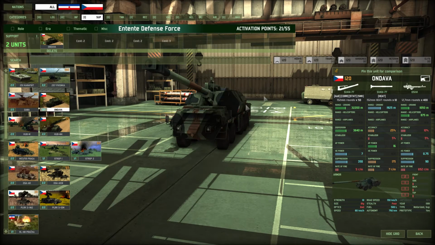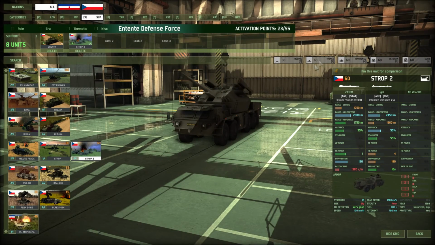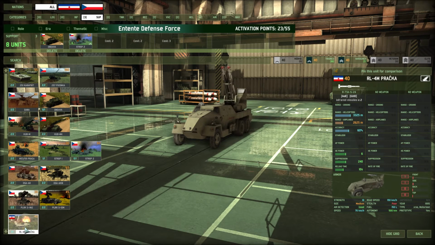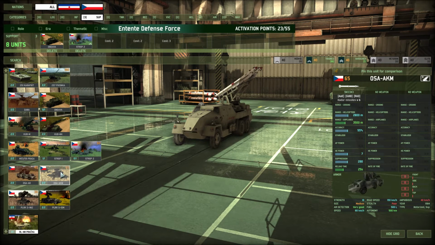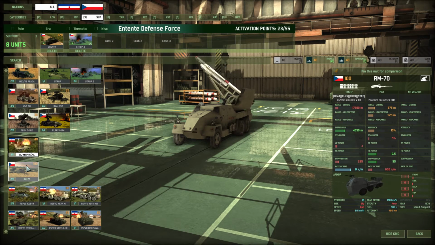Now, first things first, on Davos, I love these things so much. Strop 2, definitely very good. AA. Interesting, but not enough missiles for my liking. If it was just a complete Yugoslavia deck, probably. RM70, Cluster,